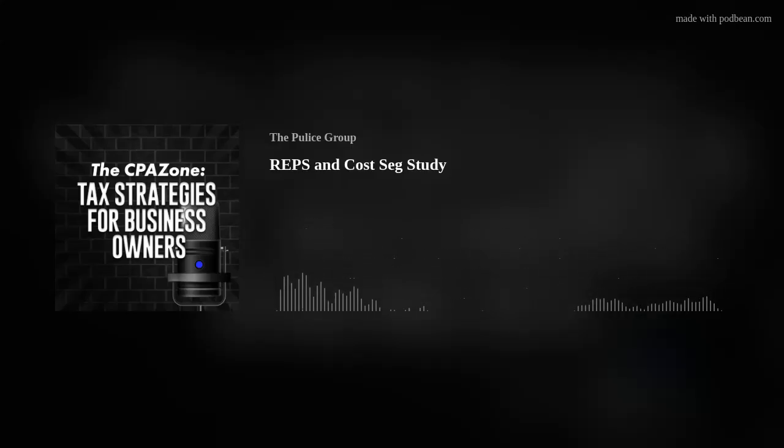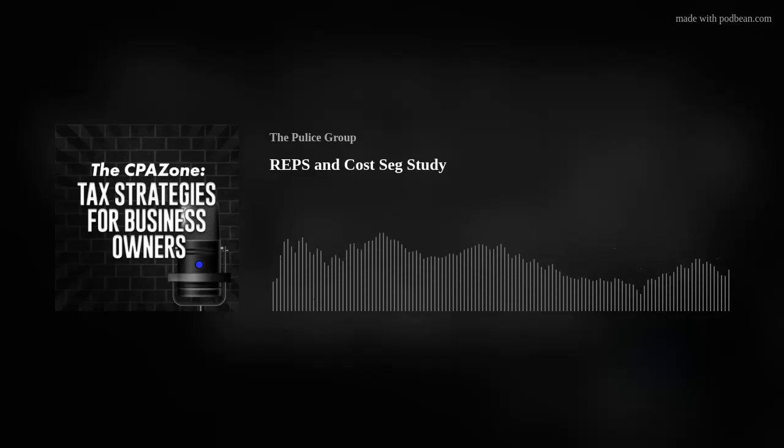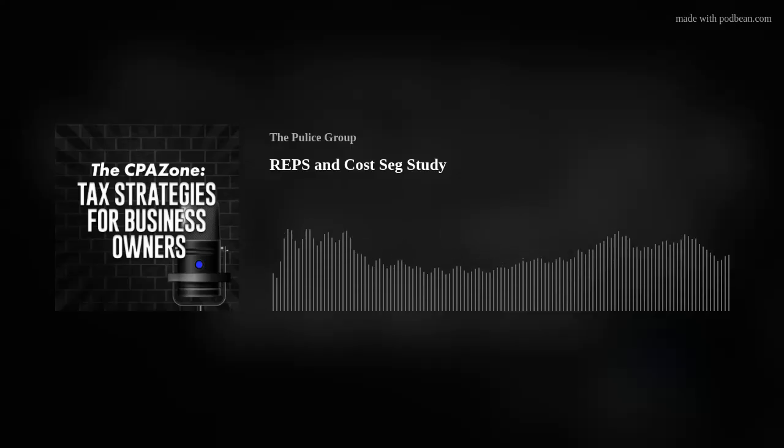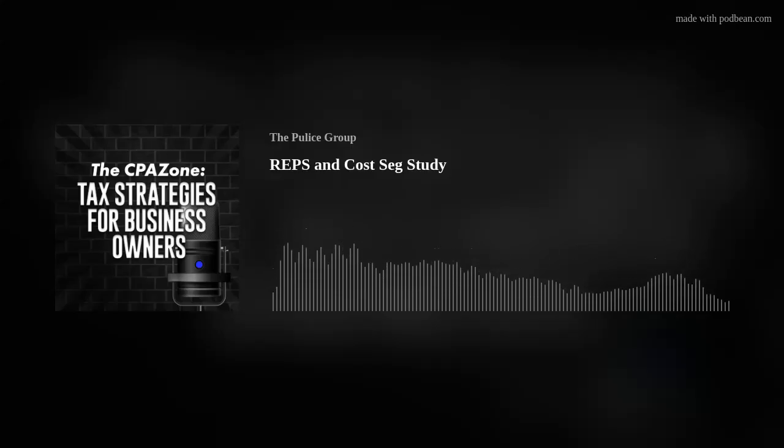You can take those tax savings, reinvest into new properties, and let the tax savings that would have otherwise gone to the IRS, use that money to grow your real estate portfolio. Some of the tax plans we will work up with the real estate professionals, we take those tax savings, we do the cost seg, use bonus depreciation, take the tax savings, redeploy that money into a new property, repeat it the next year. And then again, you repeat and eventually you're going to get larger and larger properties. You're going to build out your real estate portfolio much faster than you'd be able to without using these strategies.